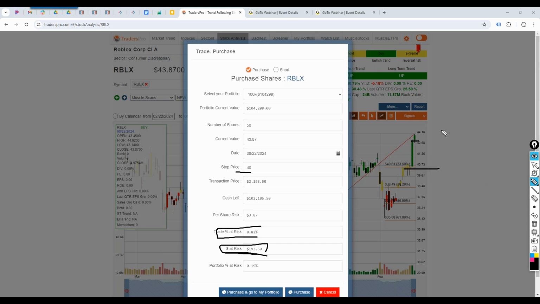Okay, now it's either going to go up or it's going to go down. I don't have any control from here. I can wish, I can hope, I can root, I can panic, I can freak out, I can think about it every second. There's a lot of things that I can do, but I have absolutely zero control from here on what the stock does. It can go up, it can go down.